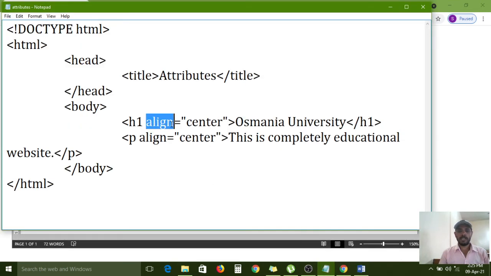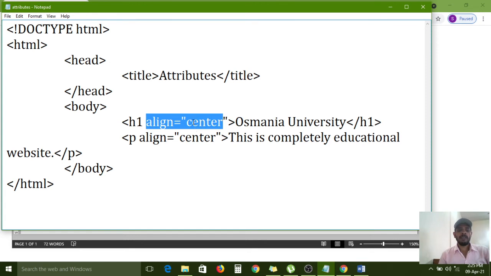Actually this is a property and this is a value. That is the information. If you want to provide any information, a name and attribute name, and by using the equal symbol in between double quotes, the value also you need to write here. Then only this complete information will transfer to this element. Then the browser can understand this one. Attribute provides this information. So for this element, we need to add this content and we need to follow that attribute instruction here.